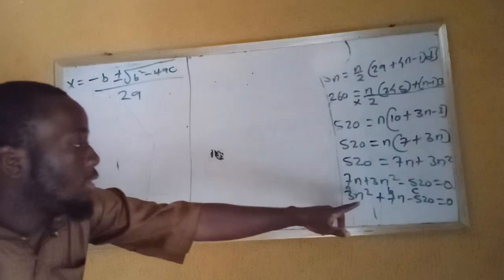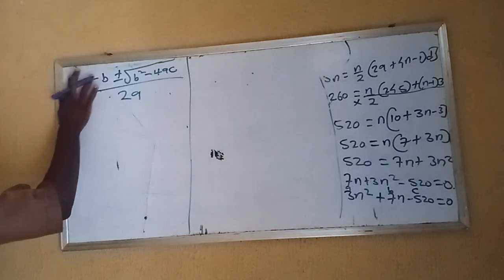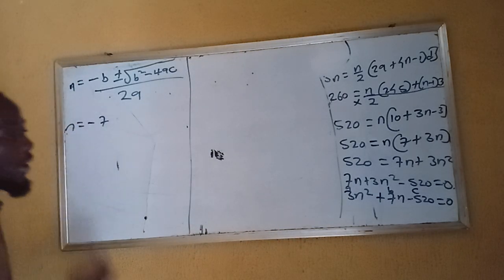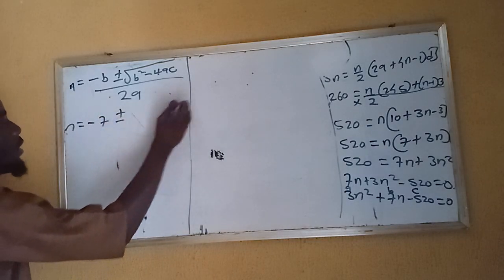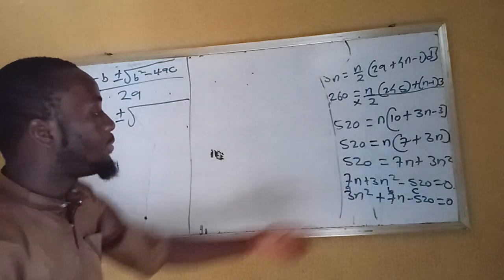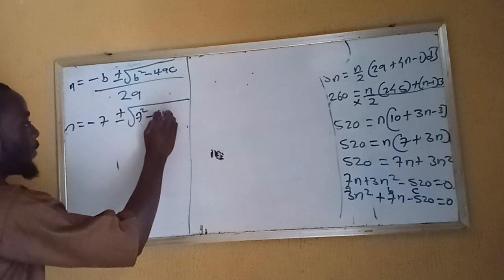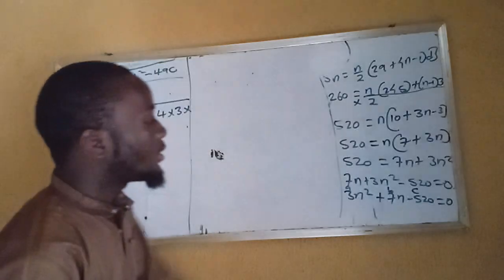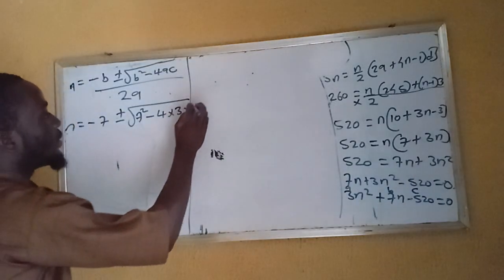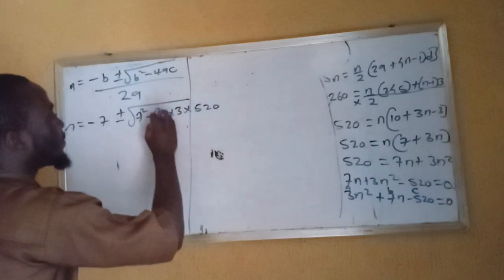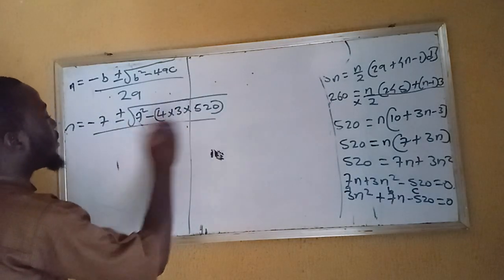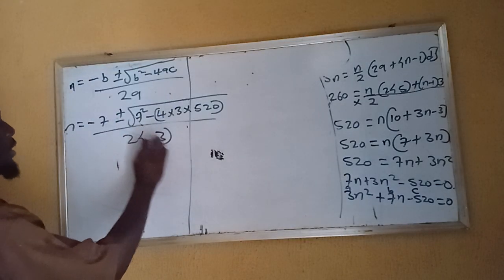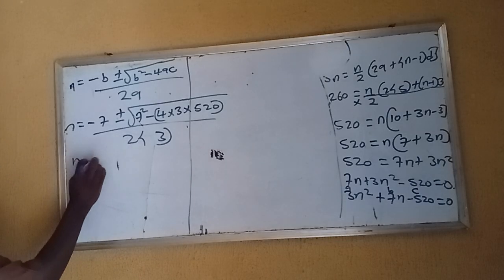In this case we are using n, so n is equal to minus b, minus 7, since our b is 7, plus or minus square root of b squared, 7 squared, minus 4 times a, which is 3, times c, which is minus 520, all over 2 into bracket our a, which is 3. So we have n is equal to